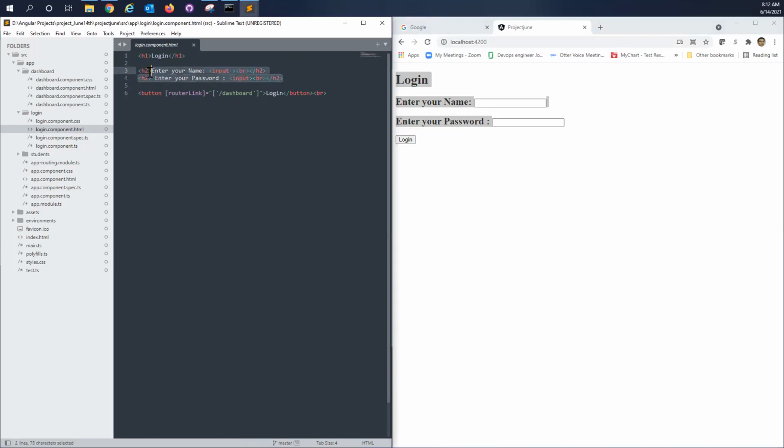Okay, name, password, and login. But how is this getting displayed? Yeah, that's where I'm coming, Rajesh.